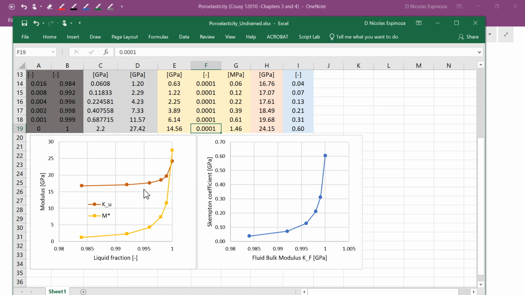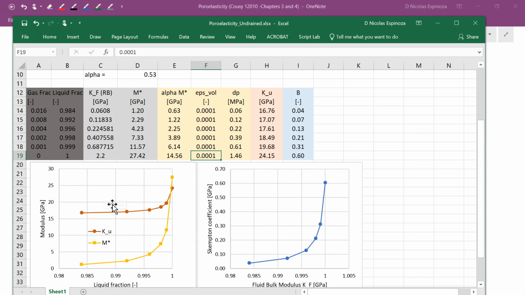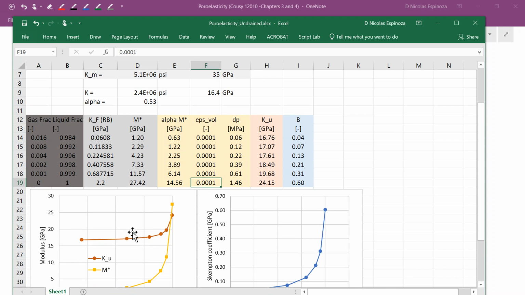And what we see mostly in this graph is that when we have some bubbles, even if the quantity is very small, the undrained bulk modulus gets pretty close to the value of the drained bulk modulus, which is over here, 16.4. And you see this undrained bulk modulus here is 16.7, so very close